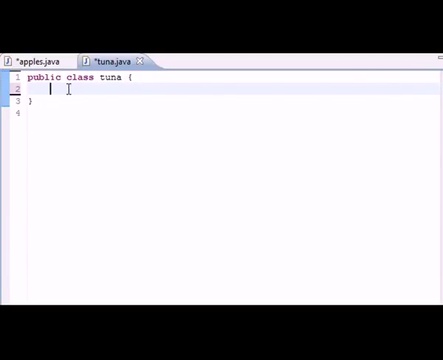Welcome to your 16th Java tutorial, and in this tutorial I'm going to be teaching you guys how to use multiple methods and also something called instance variables when working with classes. So let's go ahead and open up our Tuna class and clear anything out if you have anything in there. And the first thing I want to do is make a new variable called private string girl name, because we're going to be making a program in this tutorial to output the name